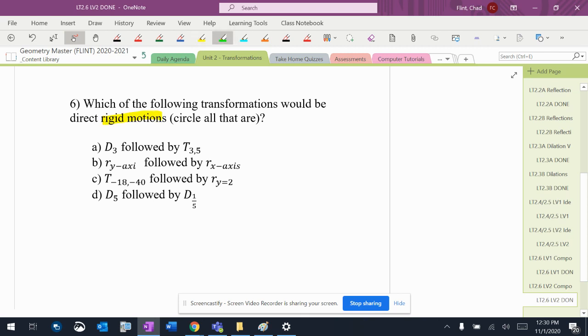This has two parts. It has rigid motions and it also has direct. So we have to look at this and kind of piece everything together. First of all, rigid motion is anything that doesn't change size or shape. So we're looking for dilations, and let's find the dilations first, and then we'll talk about if they're rigid motions